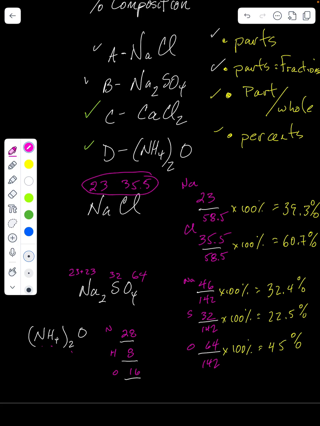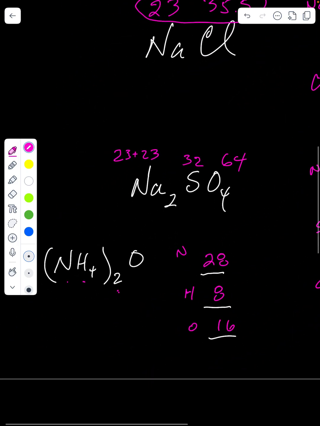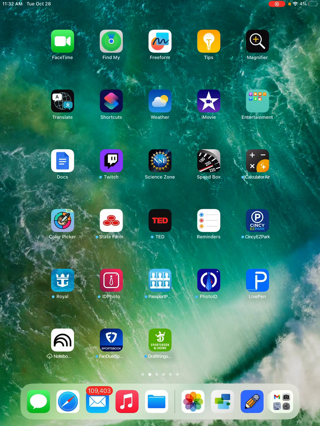I didn't really leave much room to put these into fractions, so let me zoom in. So this is going to be 28, and 8 is 36, 46, 52. So the bottom number is 52, the whole 52. And you guys will finish the rest. You need to turn those into percents. And you'll be on your way. Thank you. Don't forget to do last